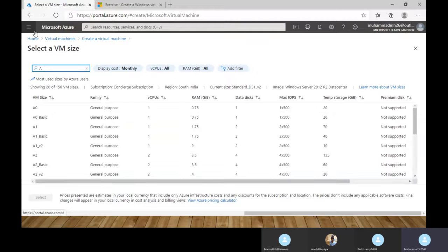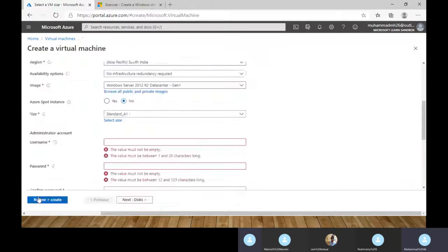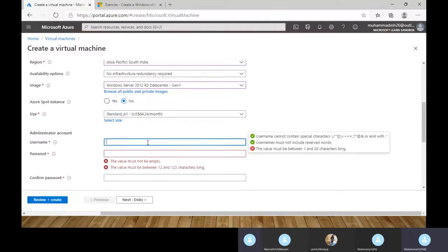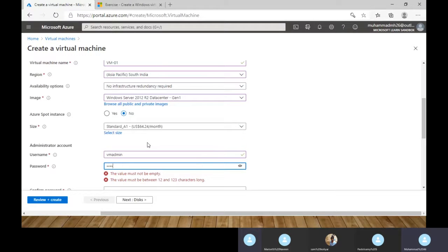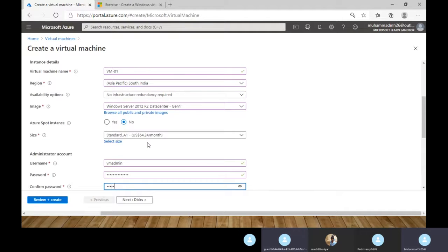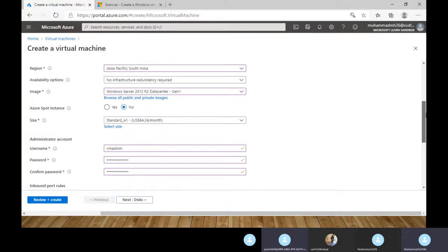I am selecting the A0 basic version. I am providing my username and password, VM admin. This is for without accelerated networking.